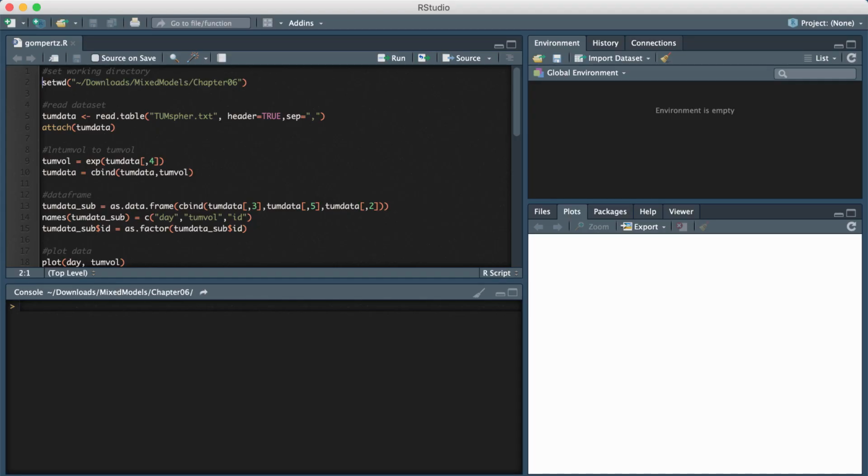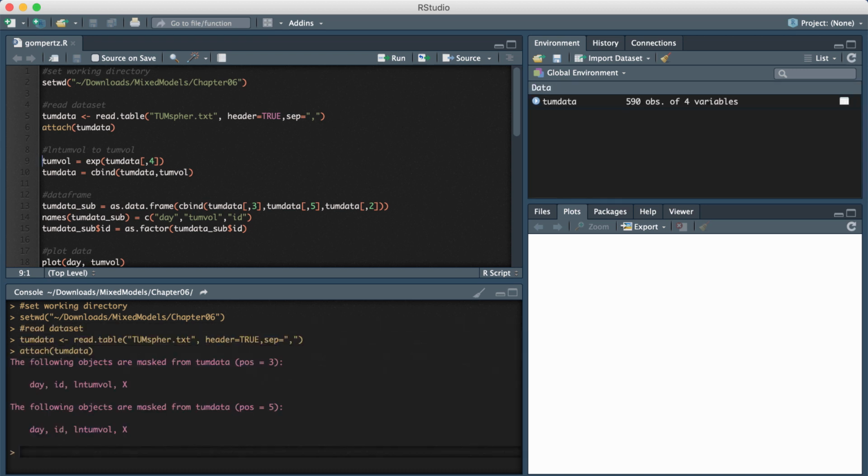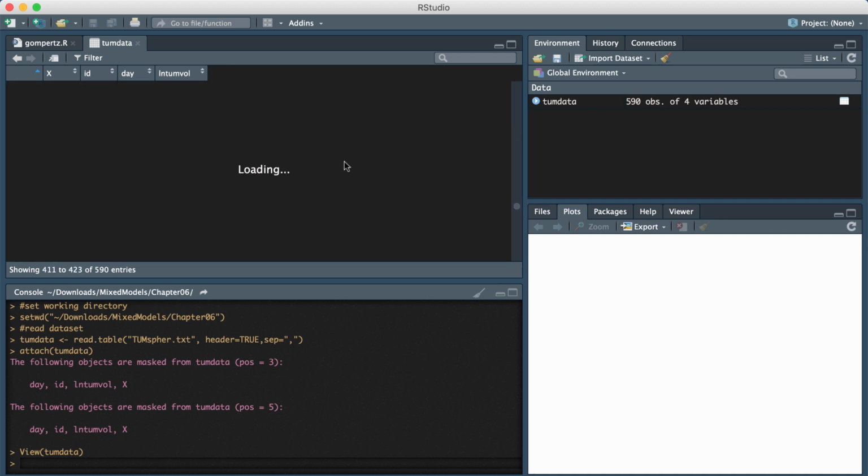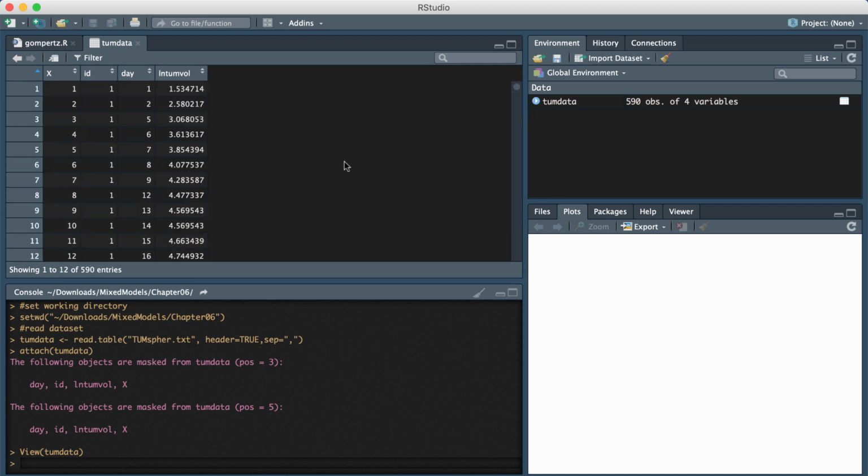Okay, so I have my R code here, and I'll also try to upload this and put it in the description box as well. The first thing is I'm setting the working directory and finding the data. I'm not completely sure of the context of the data because I don't have the textbook that goes with it, and the data sets don't come with a description. So I'm not exactly sure what type of tumor cell this is, but as you can see, the data set comes with 590 observations and 4 variables.